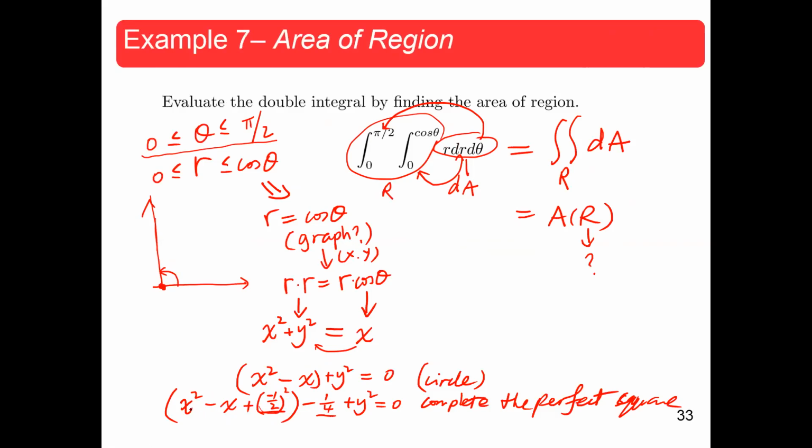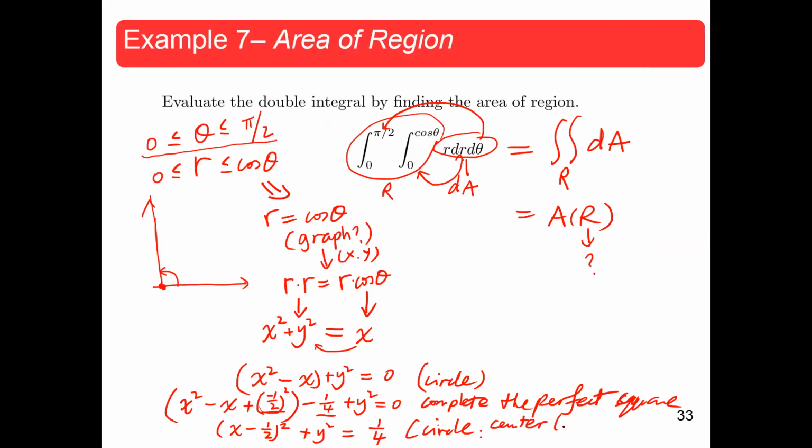Once you do that, you would have x squared minus x plus 1/4. Which, if you do factorization, you would have (x minus 1/2) squared, which is a perfect square. And this is another perfect square, plus y squared equals, I'm going to pull the 1/4 to the other side, plus 1/4. So now you can see that this is absolutely a circle,